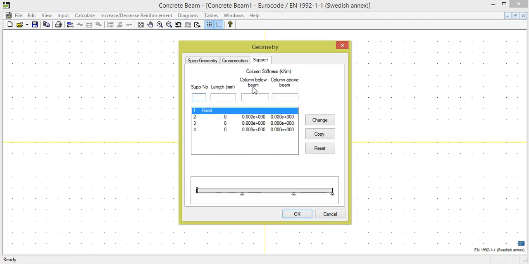Under the tab Support, the width of the supports are specified, and possible spring stiffness representing columns connected to the beam from below and/or above. We assume in this case support 2 and 3 to be connected to columns from below with dimension 300 by 300 millimeter and a length of 3 meter from the bottom, and we specify the length to 300 millimeter